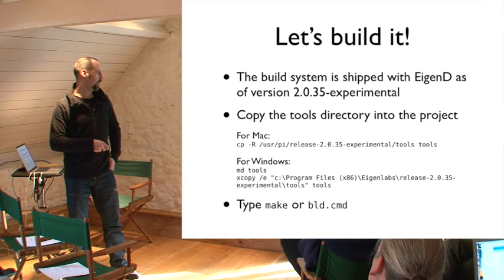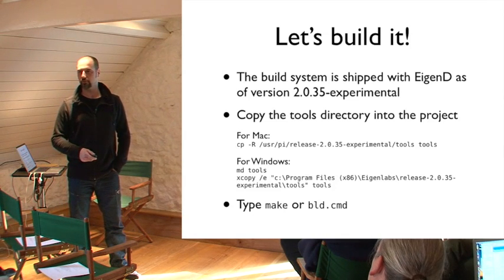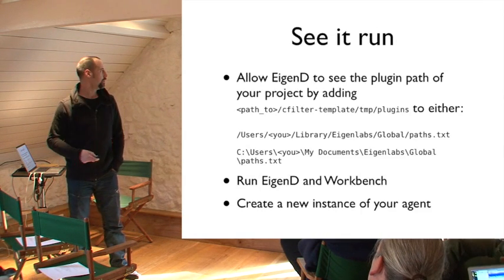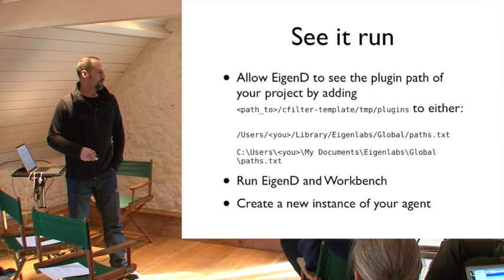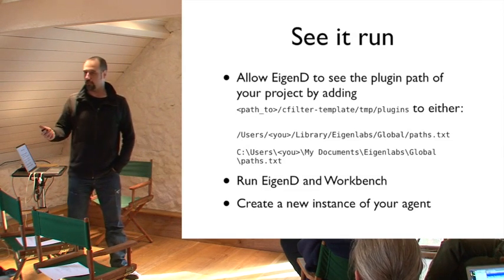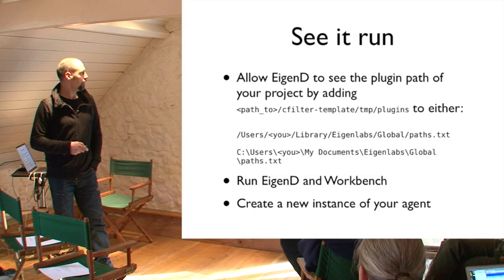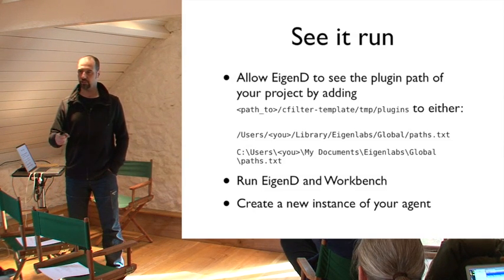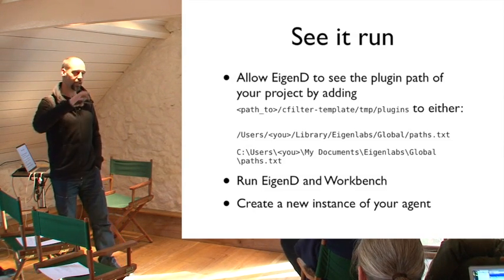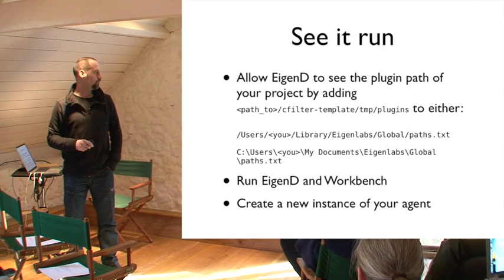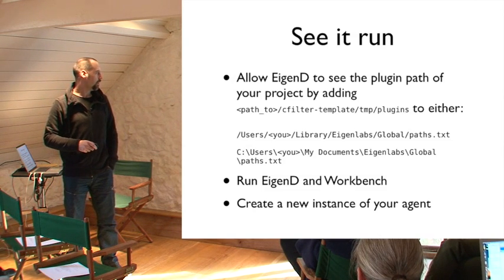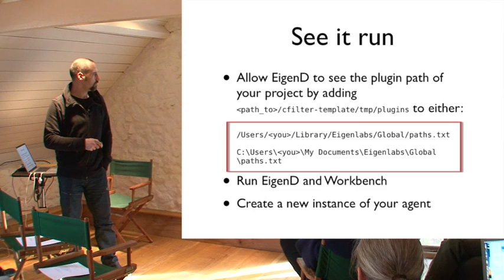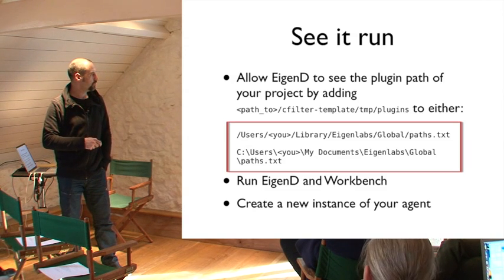And then you can use make or build.command on Windows to actually create your agent. So once that's done, it will create your binary agent, and you will be able to configure Eignd to actually see this agent in your local directory without installing it. So what you need to do is to change this file. There's a new file in your